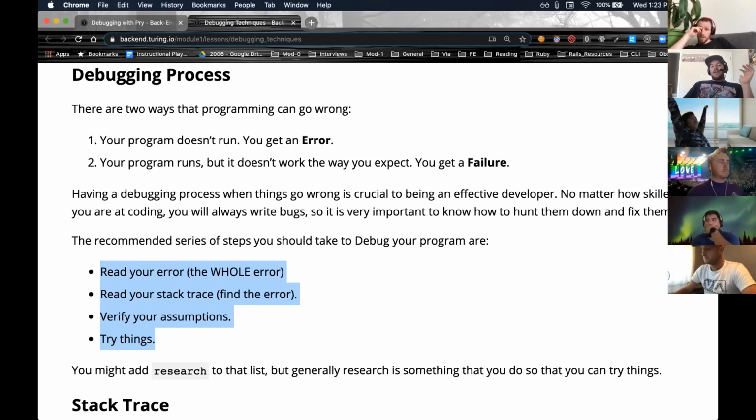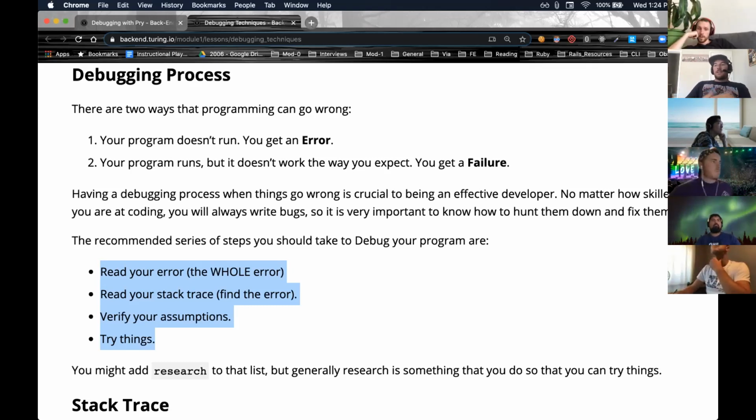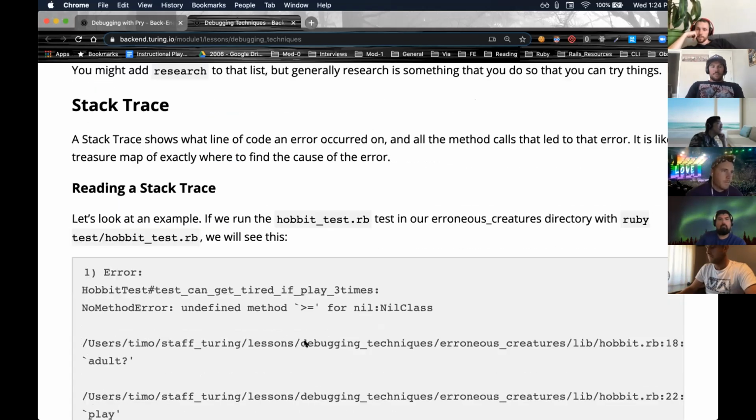Yeah, and you could say research is something that you could add here, but researching methods and looking on Stack Overflow and looking at documentation is so that you can try things, right? Like, you need to know, all right, I'm trying to split this string every time there's a certain character, and that is part of my process, but that's the precursor to being able to try things. Okay, so